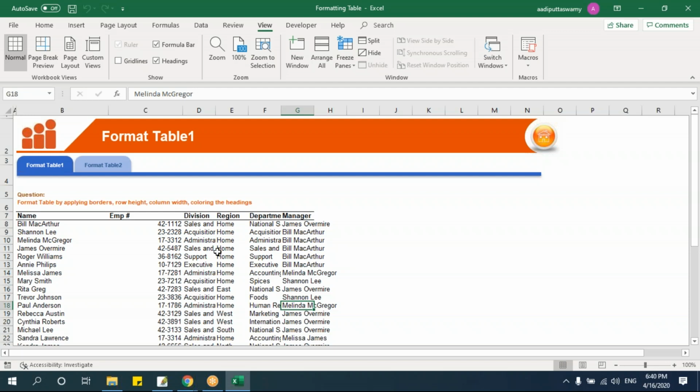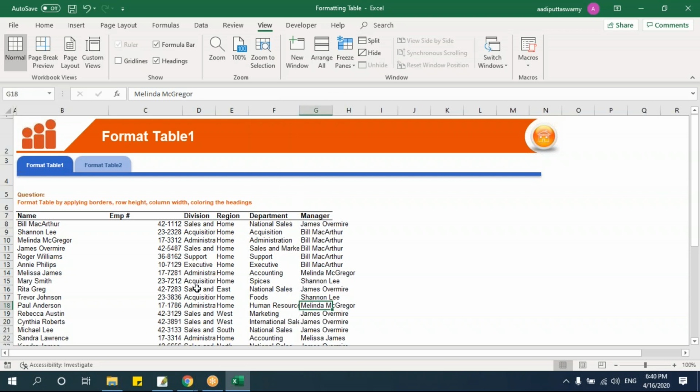So what I have to do here is make sure that the data is readable. That is the first and foremost thing. The first thing you have to think about in the data, because I have to read the data. So how to make it? What I'll do is, see here, you can increase the column width like this. Can you see the cursor here? I can increase this like this. So how to do that?